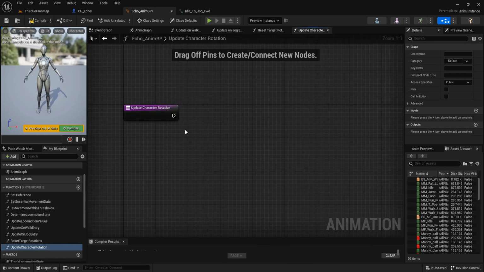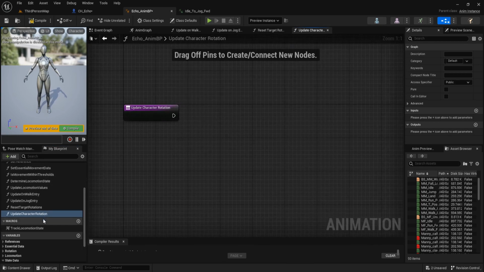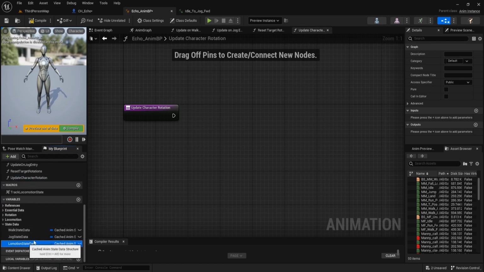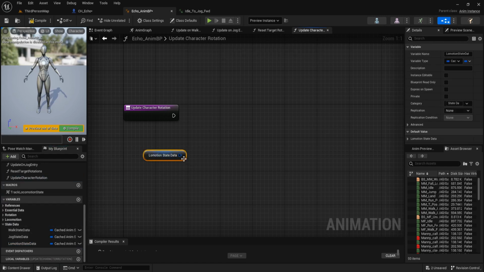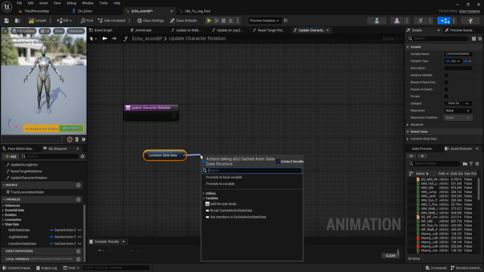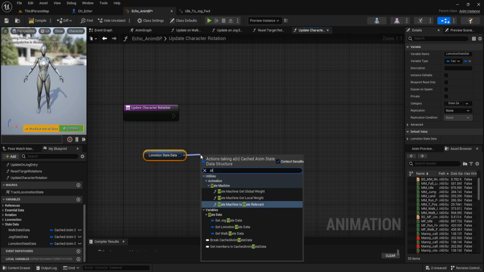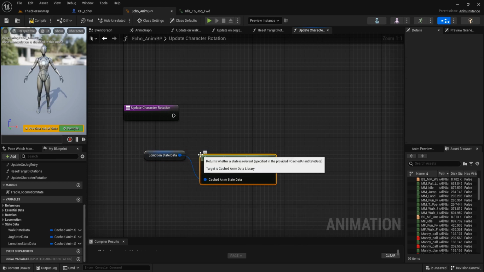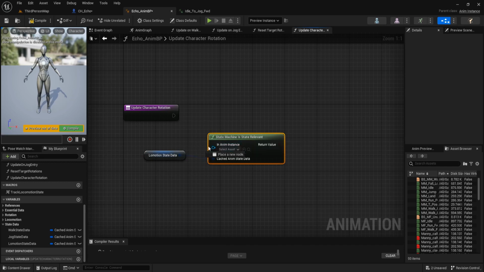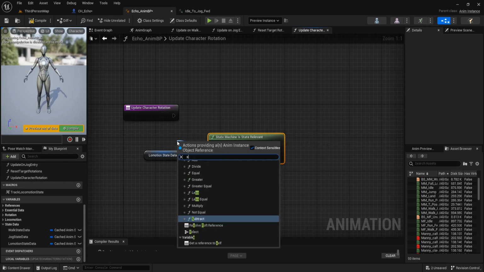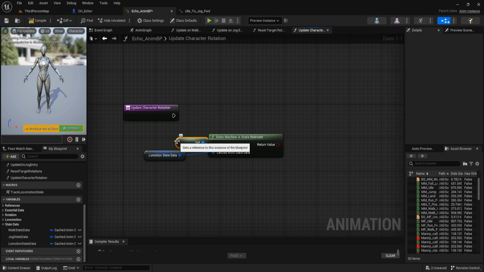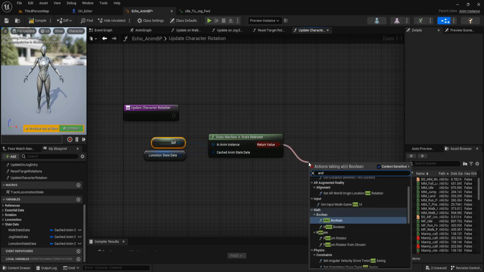And then we get the locomotion state data and call state machine is state relevant, and in anim instance or state and boolean.